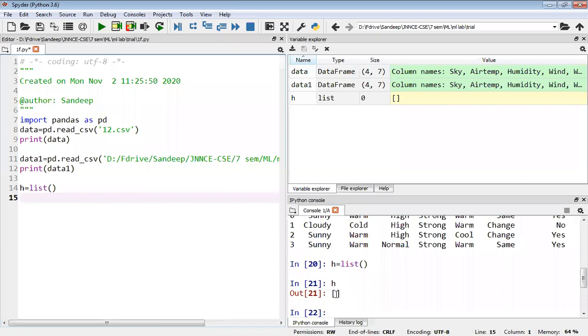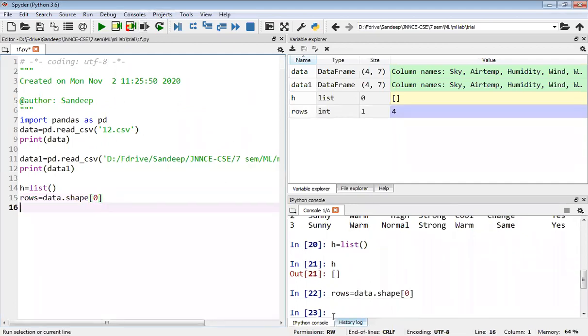Now I need the number of rows and columns in the table. The table is already present in our data. I want to know how many rows are there and how many columns are there, because I want to find out how many attributes are there and how many examples are there. To find out the rows of the data, we have a function called shape. Rows is equal to data.shape of 0.